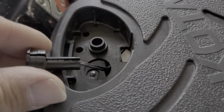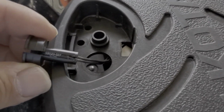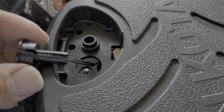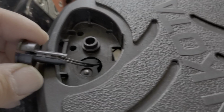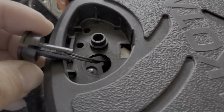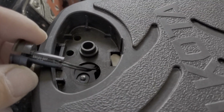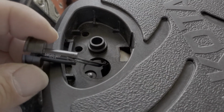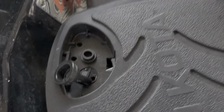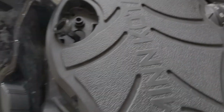Now what I'm going to do is I'm not going to glue this here, but I'm going to put some silicone in here. Now, I don't suggest putting glue because that's going to be permanent. A friend of mine, Shane, suggested silicone because it'll stick, but you'll be able to work it off if you need to take it off. So I'm going to call Minn Kota and ask them if they have a permanent fix for this. But that's what I'm going to do. I would suggest getting a small tube of silicone. I have a large one here, so what I'm going to do here